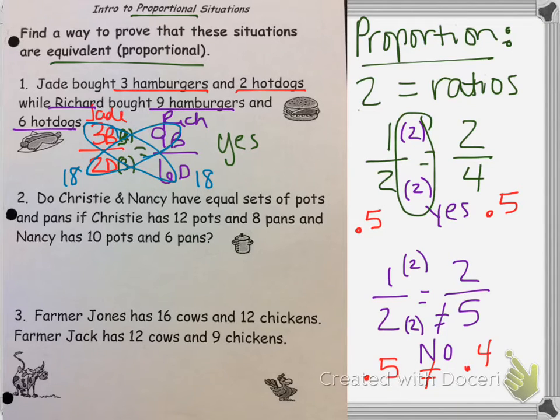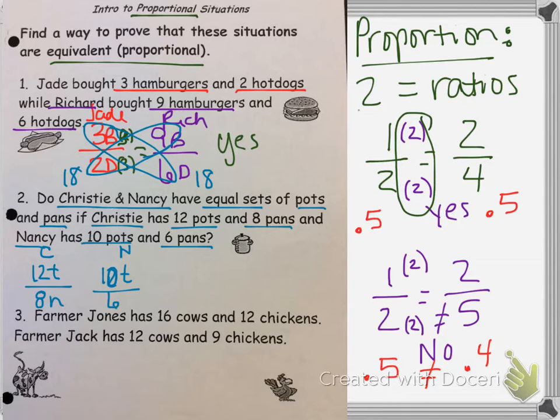So let's look at another example here. Let's look at Christy and Nancy. They have equal sets of pots and pans. Christy has 12 pots and 8 pans. So I'm going to say C for Christy. 12, I'm going to use T for pots because they both start with a P. 8, I'm going to use N for pans. Nancy has 10 pots and 6 pans. So 10